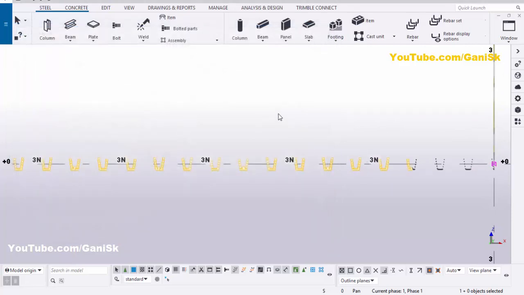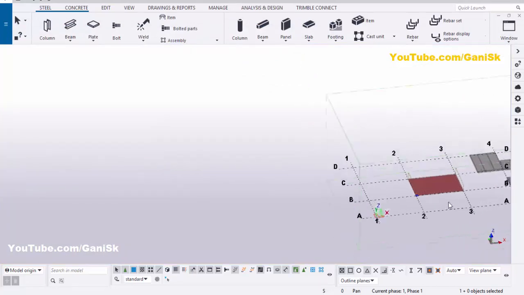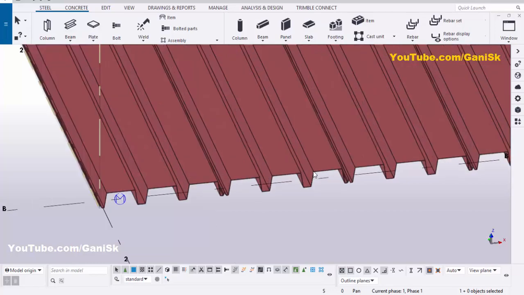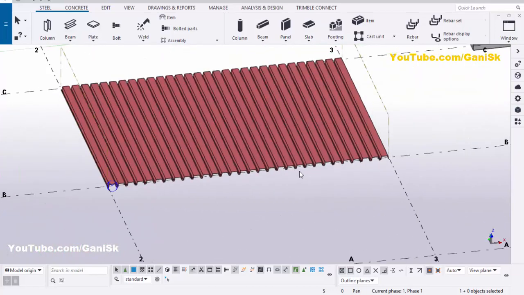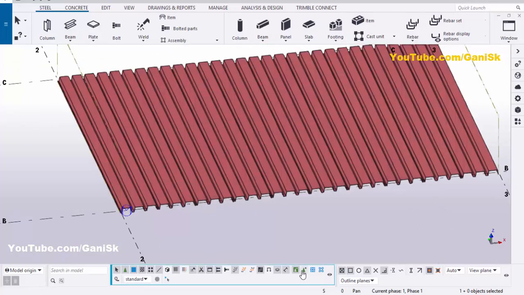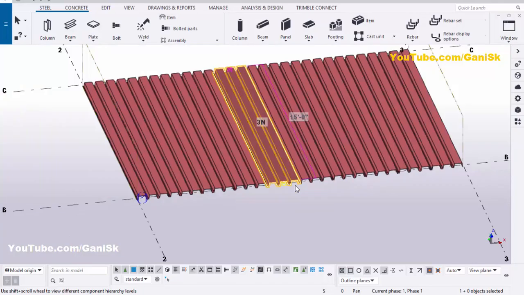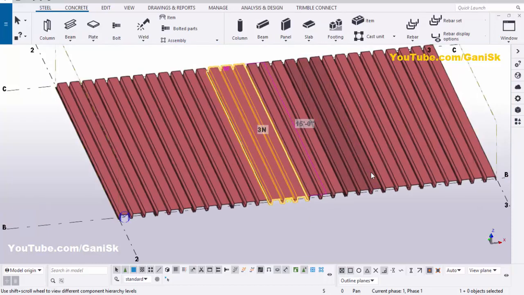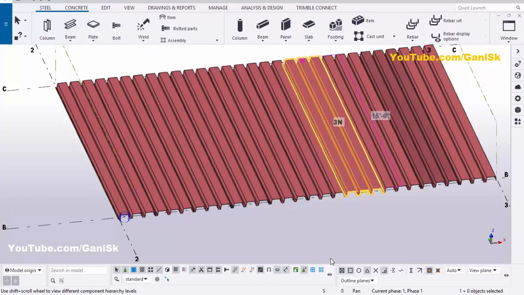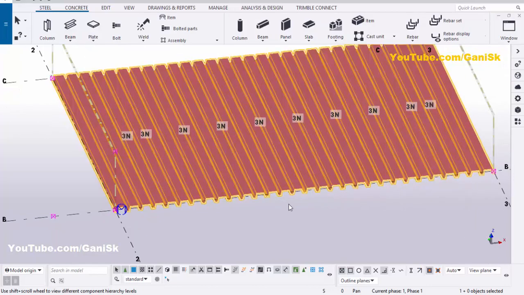Okay, click on space, right click on mouse, 3D view. Click on window, select this 3D view. Okay, you will get like this. To select the independent panels, so click on this option, select object in component, then click on here. You can see you will select the independent panel in this direction like this. To select the component, then you need to select here, select the component, then click on it. You will get all component of this panel like this.